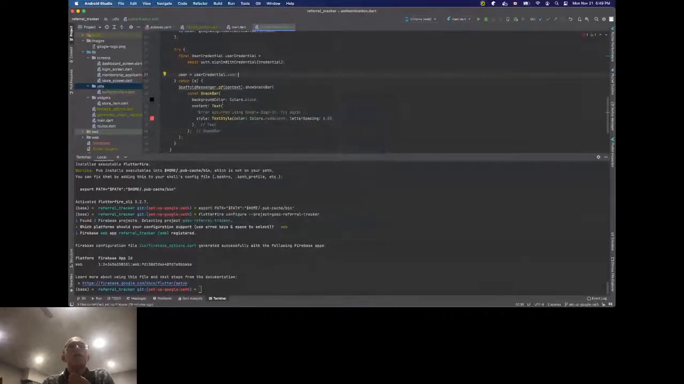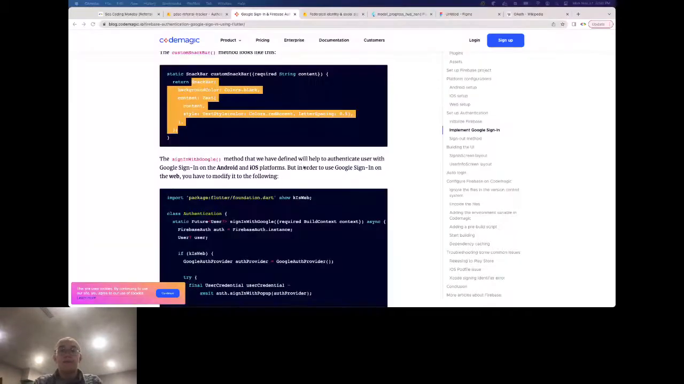So again, essentially what it does, it shows a snack bar, right, whenever an error occurs. So: error occurred using Google Sign In, try again, and then yeah, it just forms it. Okay, so